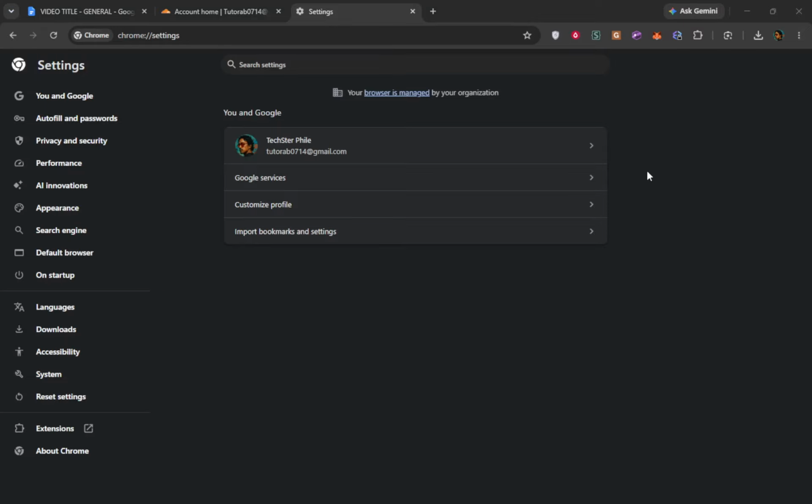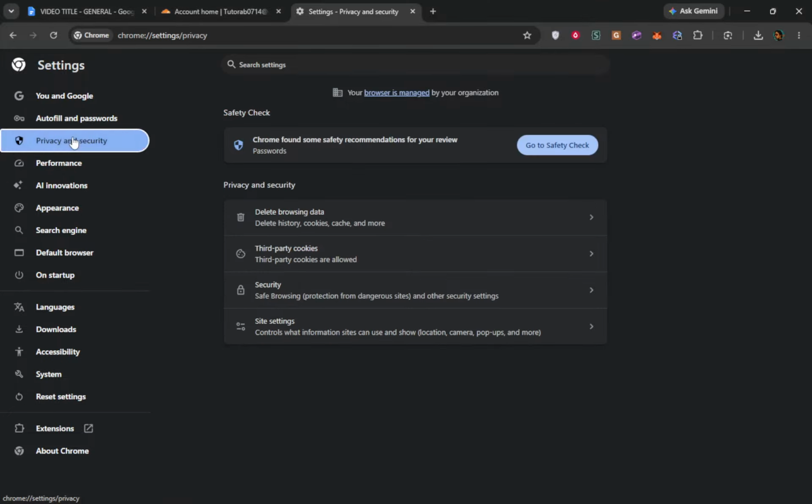Knowing how to navigate this menu is important because it leads you to the settings that control your browser's security and privacy. From there, select Privacy and Security in the left sidebar. This section is designed to help you manage your browsing data and secure your experience online. Once you click on it, you will see several options related to privacy. Following this step ensures that you are focusing on the right area of Chrome settings, which is essential for making the necessary adjustments for Cloudflare.